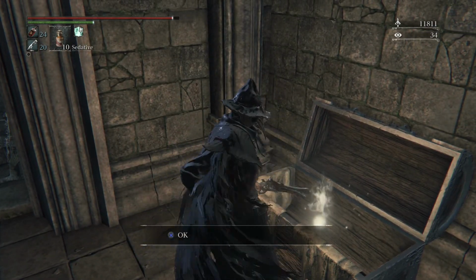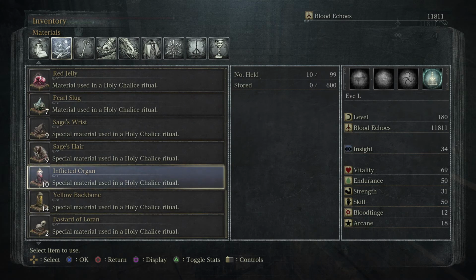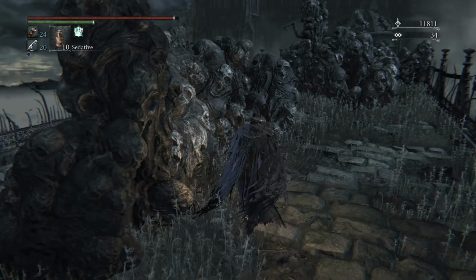Deal with that. Inflicted organ. Have we looked at that before? Inflicted organ. Special material used in a holy chalice ritual. Special body parts collected by the healing church. What was this gruesome bait used to lure? The additional rite rotted offering beckons ungodly forces, normally terrifying things, but also worthy prey for a special hunt. Oh yeah, I think we have seen that. That was something that we got after defeating the One Reborn. Okay,